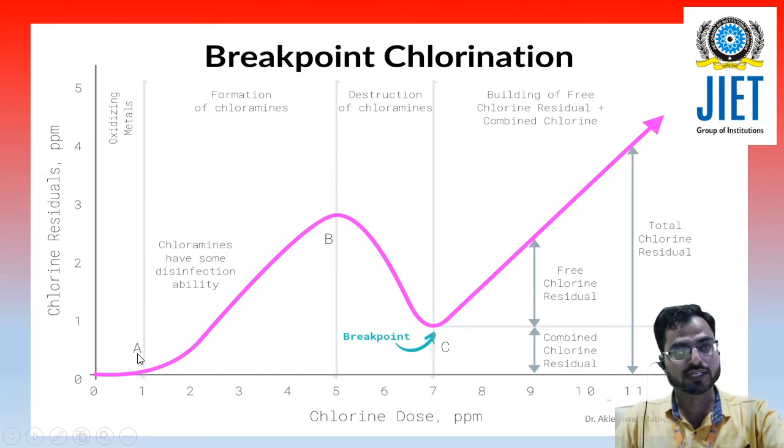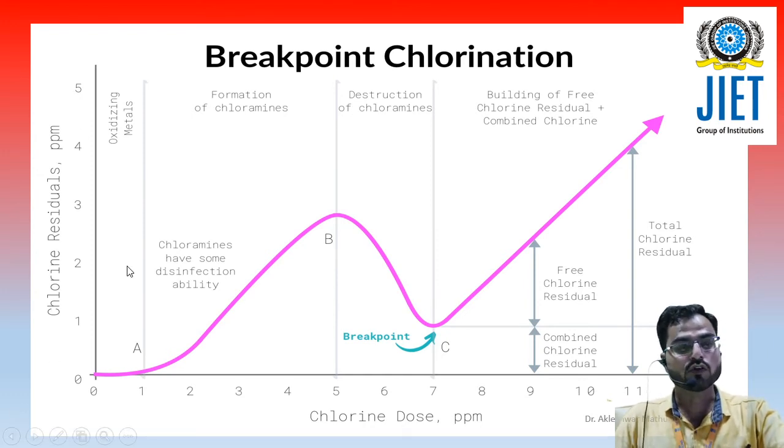So in this process, we add a set amount of chlorine in different parts per million concentrations, and we check the free residual chlorine in the treated water. So you have a table in which on the x-axis we have the applied chlorine dose in ppm, and on the y-axis we have the chlorine residual in ppm, which is tested either by titration or by a digital chlorinometer to test the amount of free residual chlorine in the treated water.